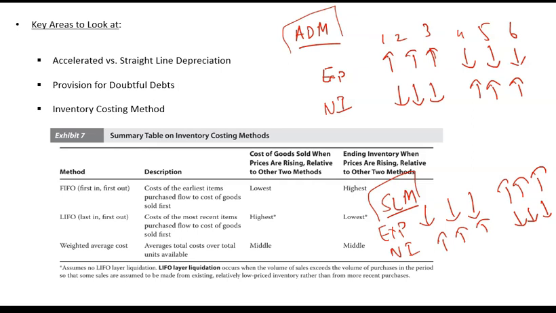So if the company thinks that in initial years its profits will be higher, so it is willing to take the charge in initial years, but in later years it wants to report higher earnings, so it may go for accelerated depreciation. But if it thinks that in initial years it needs more profit, it may go for the straight line method.